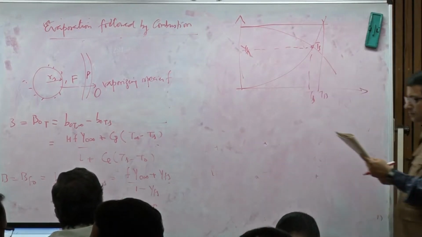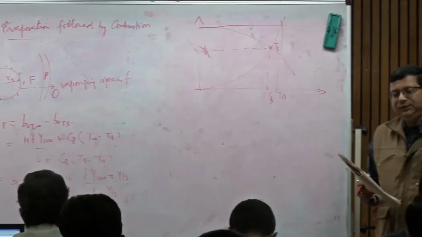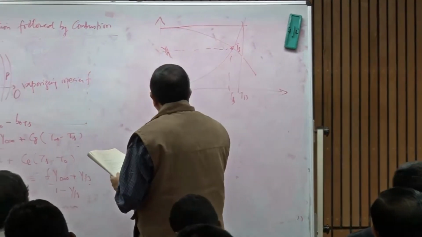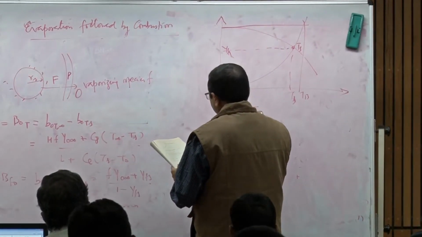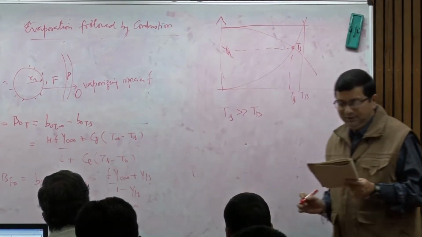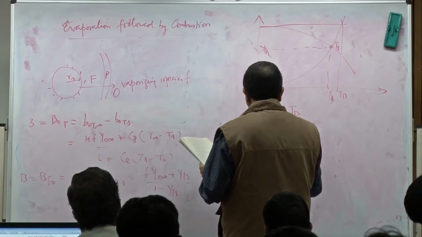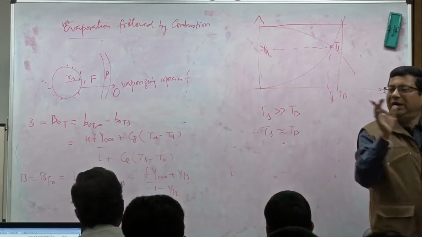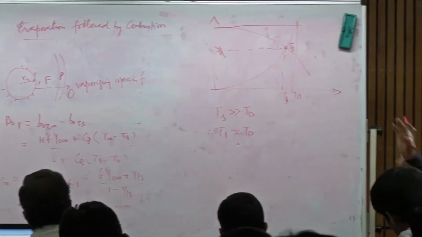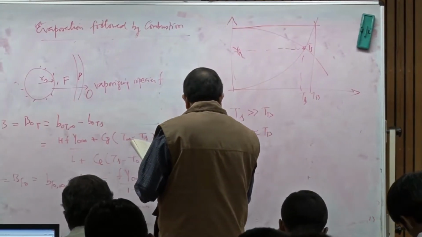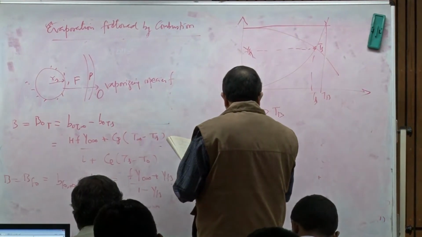Okay. Now, in this case, since we are talking with combustion, flame temperature is always much greater than the boiling temperature. Therefore, typically Ts is almost equal to Tb, unlike in the previous case where we had two possibilities, but here it is always going to be equal to this. So, we define this parameter then